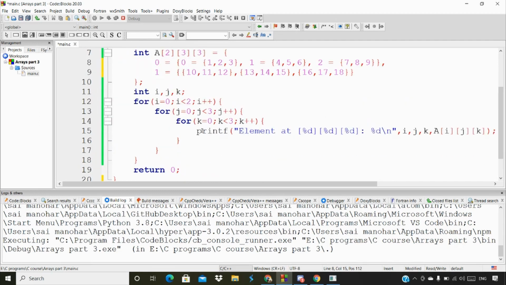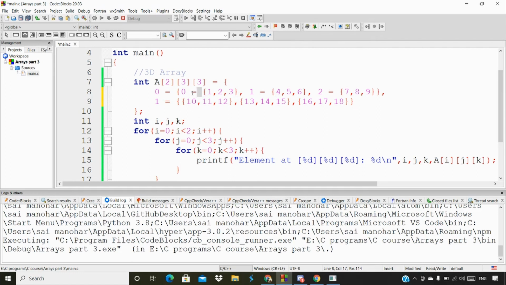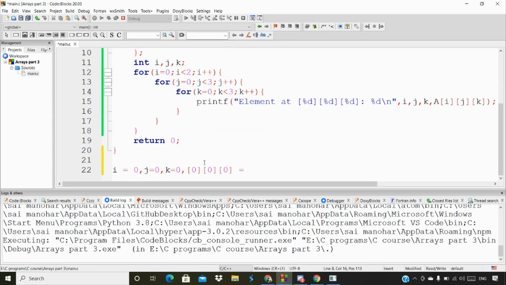Actually, it's not a part of code. I'm just writing it to help your understanding, to show which row we are actually talking about. That's the reason I have given the 0 equal to, with the brackets and everything. It's not a part of code. Even if you run it this way, you're going to get errors, so don't try it this way. I'm just mentioning it for explanation purposes, to give a clear idea of which particular row I'm talking about.